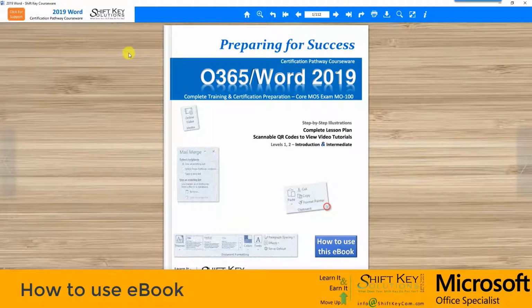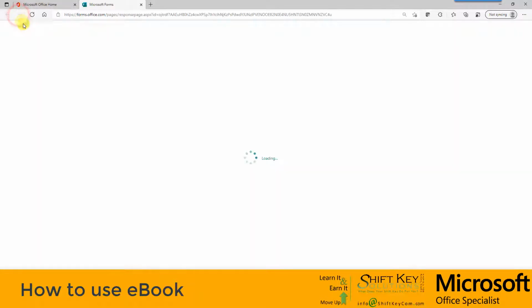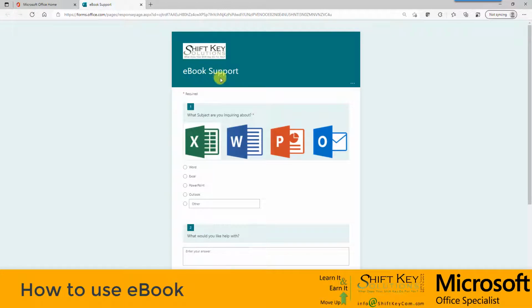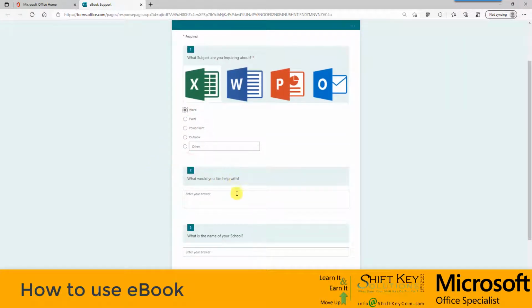Back to the ebook. Along with the link to the 1-hour workshop series calendar, we also have a link here that is for support. If we need help or we have a question about the ebook or something within the ebook, we can click right here and it'll take us to an ebook support page. From here I can choose the subject, put in a question,